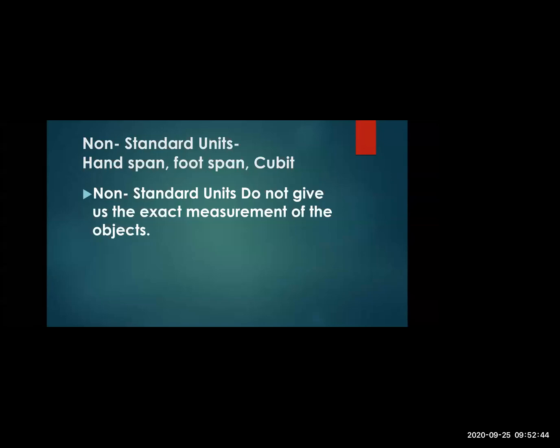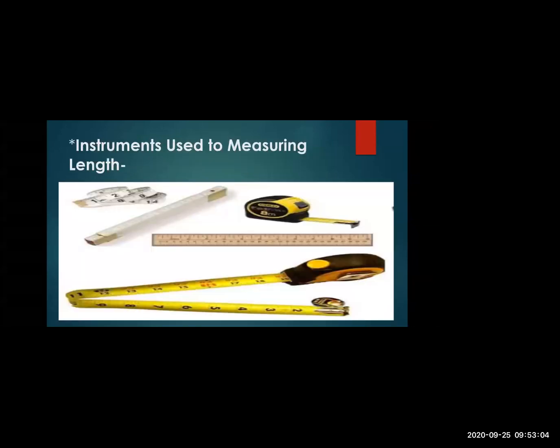So the non-standard units do not give us the exact measurement of the objects. As I told you, it doesn't get the exact measurement because it changes according to person to person. Instruments used to measure length. Now children, as I told you, we are now using the standard units of measuring